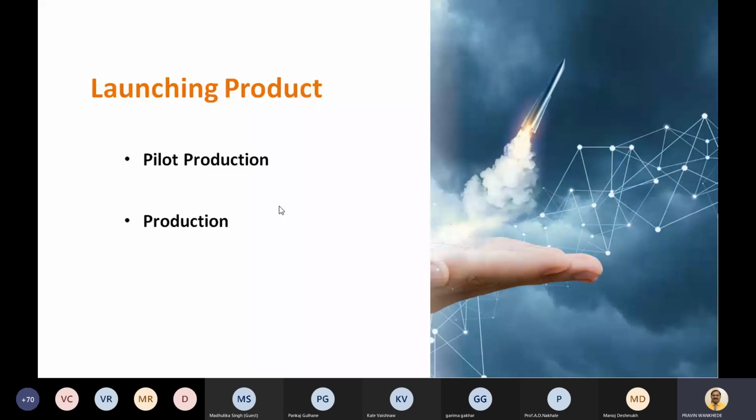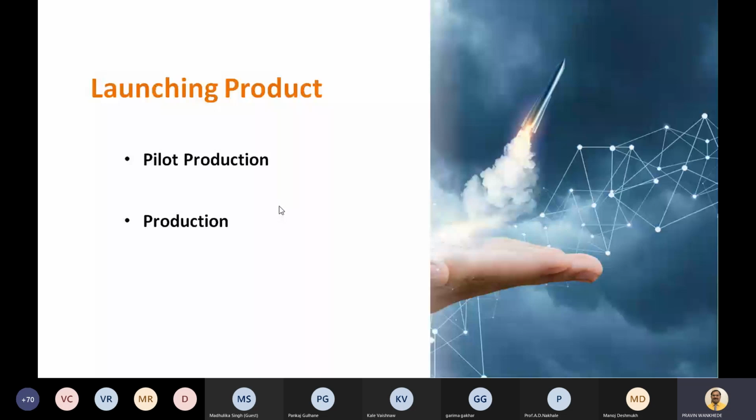As we know, by this time, what are the stakeholders in our industry or in product development? They have generally invested significant time and money to make our innovation ready for manufacturing. That includes our resources for prototyping, tooling for manufacturing, then certification testing and all such things. Therefore, a lot of money is already invested. And when we try to launch a product, we have to think about two types of things. One is the pilot production, another is the final production.